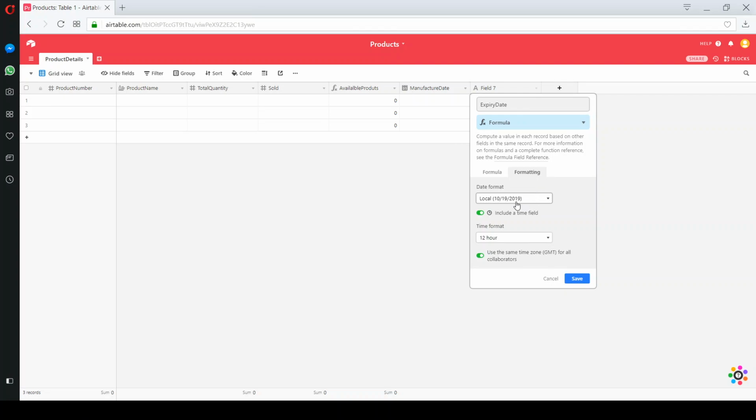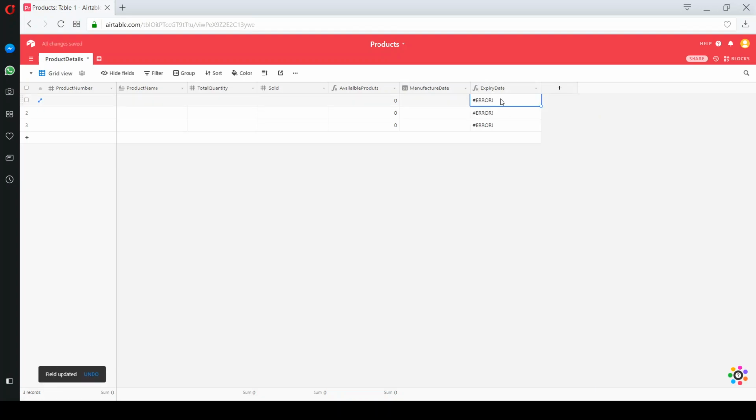And we can go to formatting. We can set whether the output of this formula should contain a time field as well or not. I will disable it. Okay, since there is no value populated, it will give an error. So now let's first